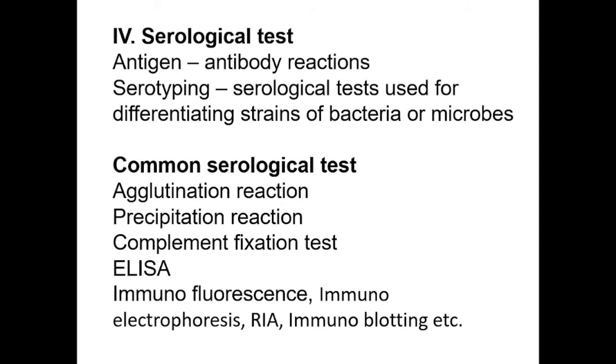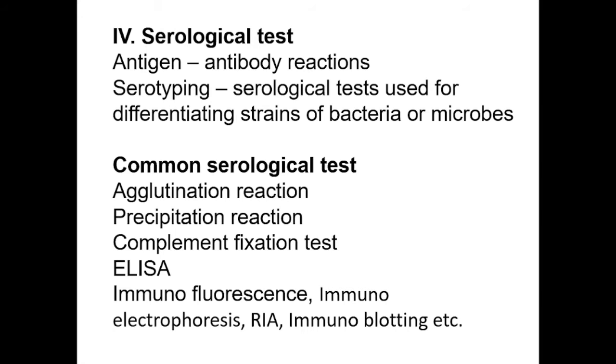How can we obtain antibodies? For identifying an antigen, we require antibodies. Antibodies can be obtained by injecting microbes or their antigens into experimental animals like horses, guinea pigs, or even humans. And this method is particularly useful for identification of microbes